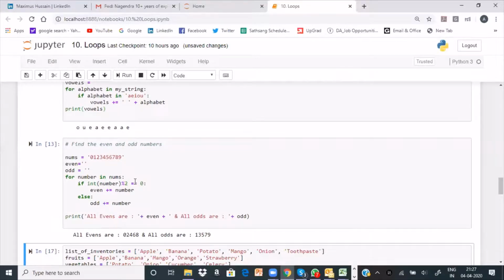Why have I chosen this example? You have only seen alphabet. Here you have seen it for numbers. This is another built-in word: for number in num. Just as for alphabet in string, do this. That is the catch. That is why this example has been taken. The rest are all simple. I'll pause for a minute probably. You can practice in your code, in your notebook.